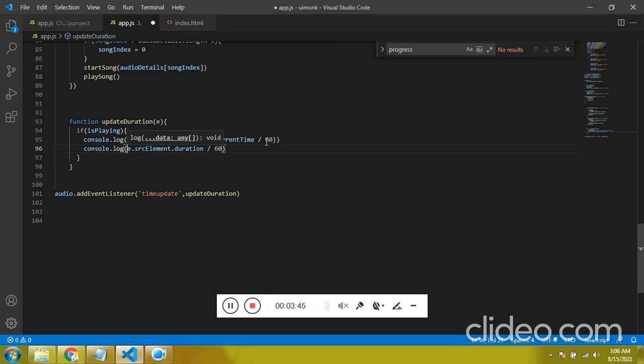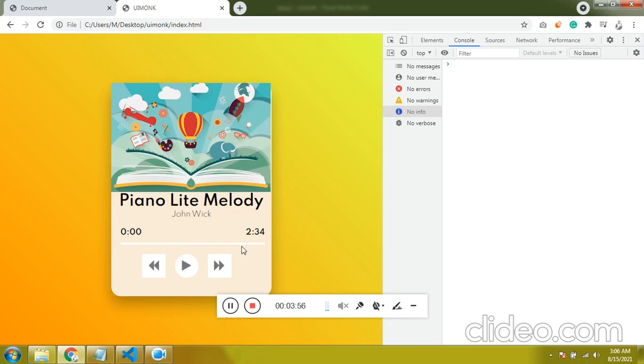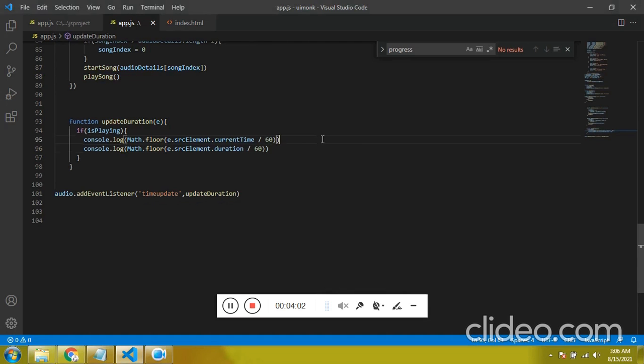The same way, now let's try. Now we are getting only the minutes, so to have the seconds, let's save this as current time minutes, current duration minutes.